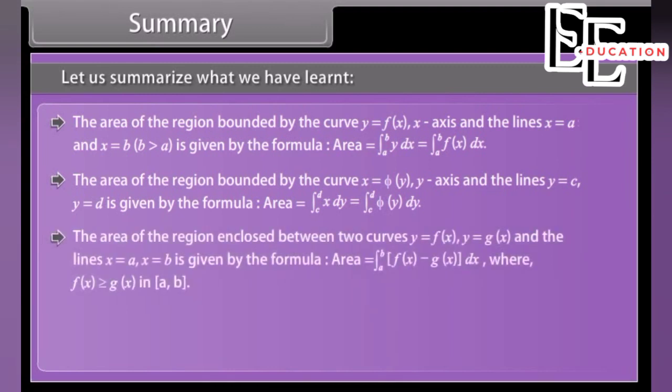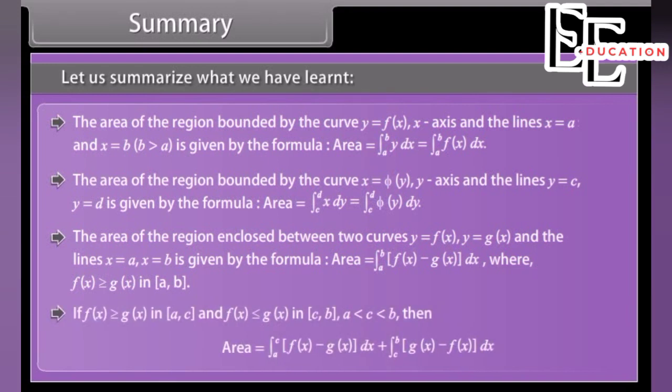The area of the region enclosed between two curves y is equal to f of x, y equals g of x, and the lines x is equal to a, x equals b is given by the formula given below. If f of x is greater than or equal to g of x in [a, c], and f of x is less than or equal to g of x in [c, b], where a is less than c is less than b, then area can be formulated as